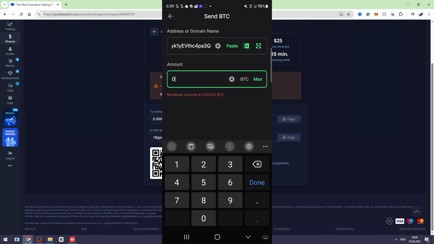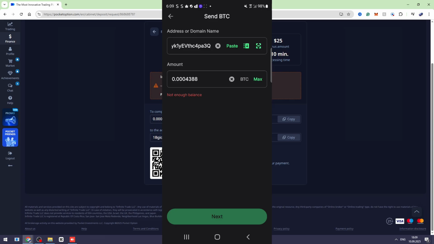So 0.0004388. We need to send the exact amount of Bitcoin, then click the next button in the bottom and finalize the transaction. In a few minutes, you can check your Pocket Option account. You will receive your